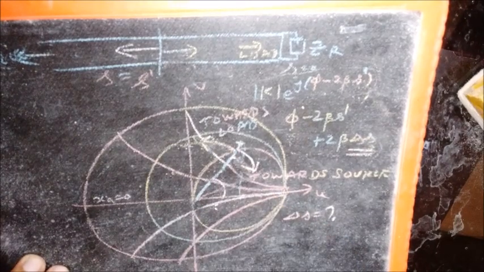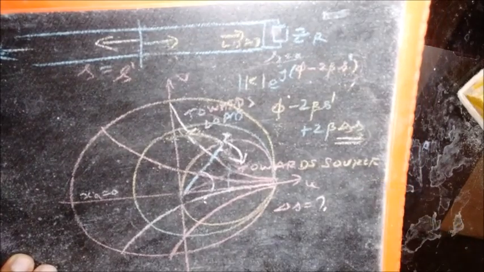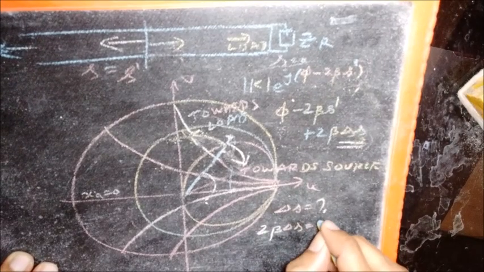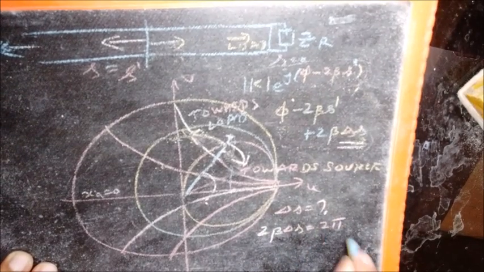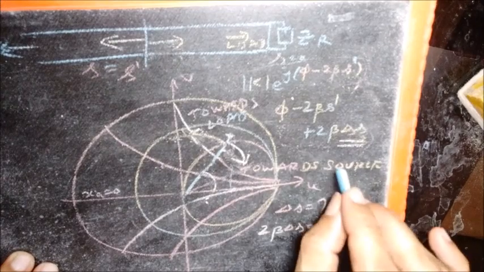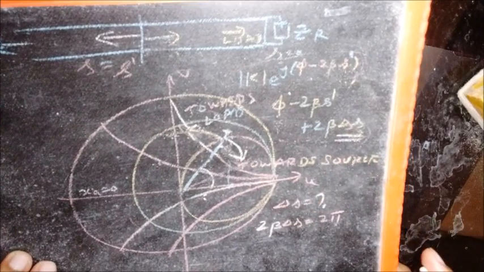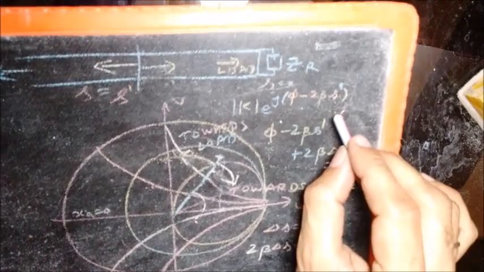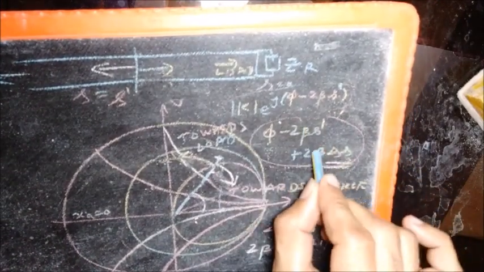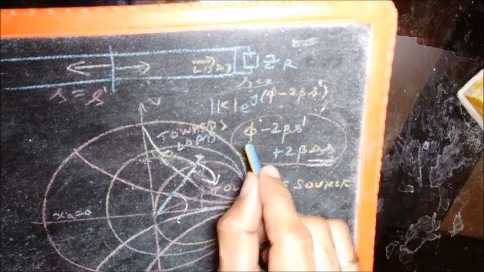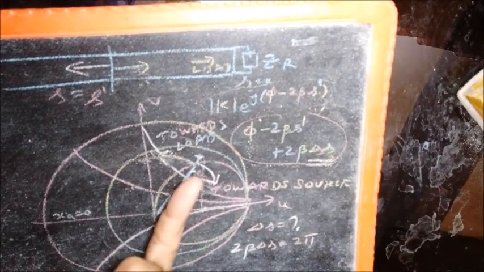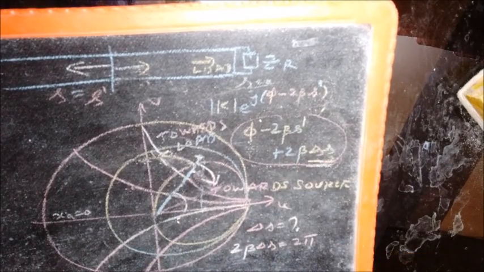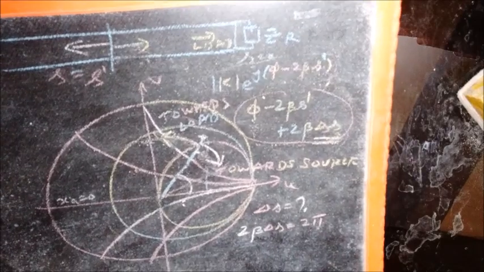What is that delta S? That's the question. Now that can be answered by simply equating this to 2 pi, because in fact it is 2 pi into an integer, but we are trying to find out the smallest delta S. Of course 2 pi into an integer is sufficient, because when 2 beta delta S is 2 pi into an integer, it appears in the exponential as e raised to j (phi minus 2 beta S dash), which means that the phasor angle remains the same, though 2 beta delta S has become 2 pi into an integer. So the smallest delta S,